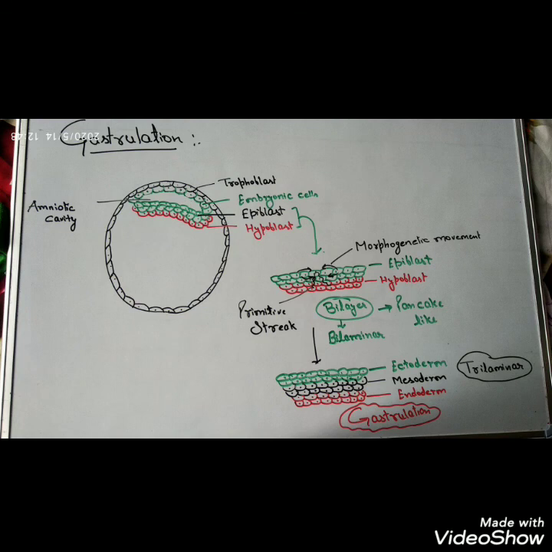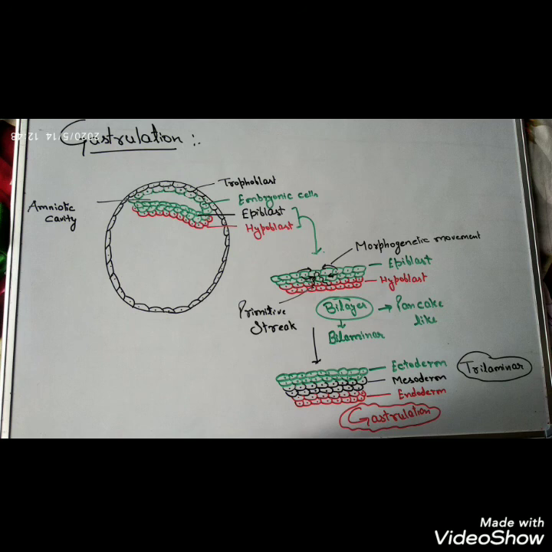Now we are going to discuss it briefly again. First of all, there was a blastocyst. The embryonic cells of the blastocyst then developed a cavity called the amniotic cavity. Simultaneously, the embryonic cells undergo the process of differentiation, resulting in the formation of a bilaminar structure that looks like a pancake. This bilaminar structure is also called a bilayer structure.